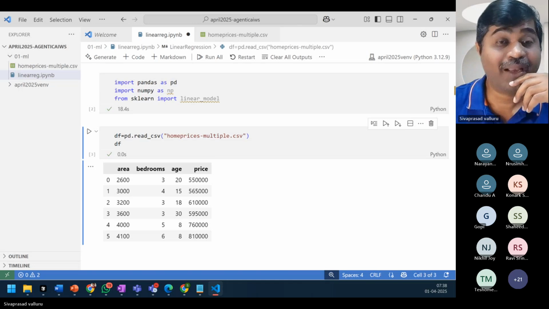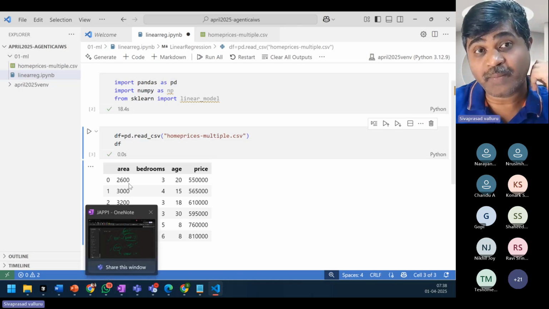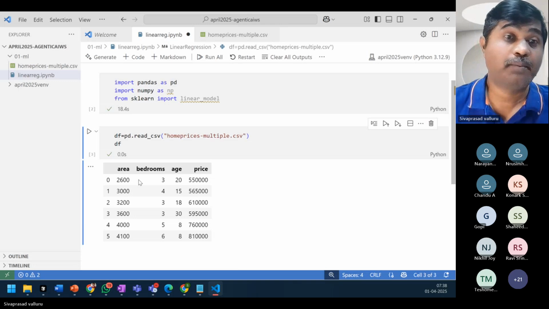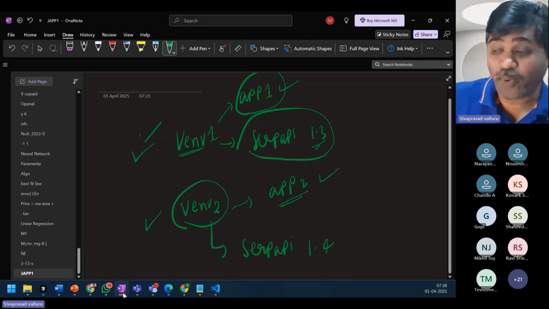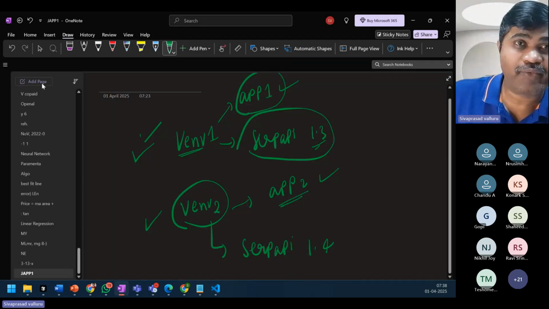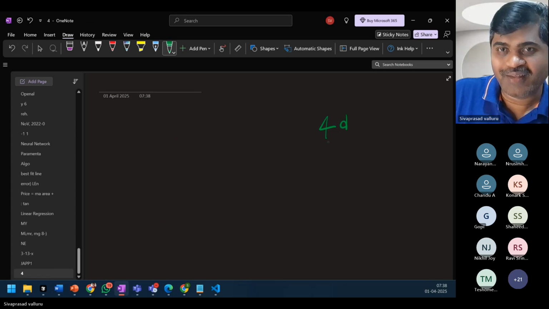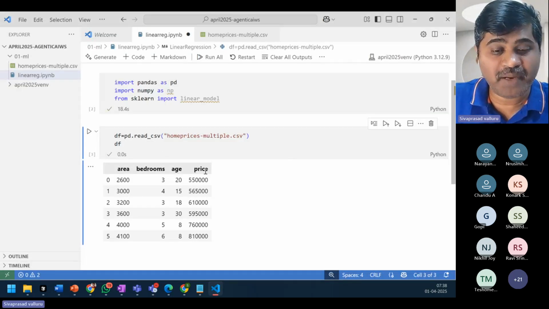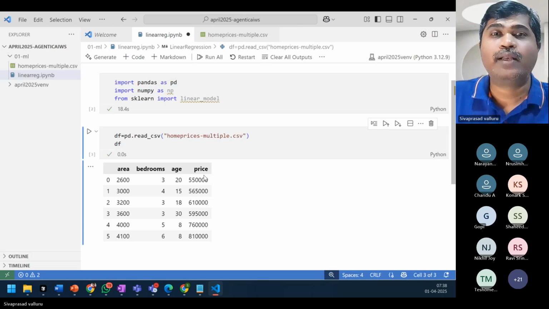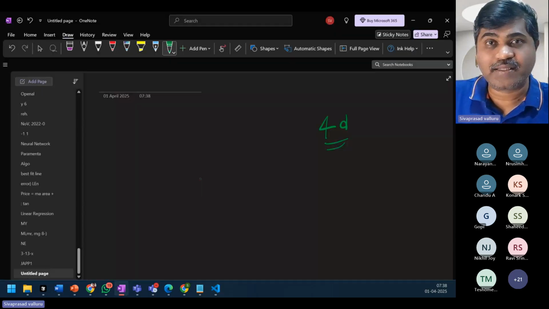Fine. Now I want to introduce you to terminology. How many features are there? Area, bedrooms, and age, and price. If I have to plot it on a graph, I need a 4D graph, is it? 4 dimensions: area, bedrooms, age, price. Now, what is the thing which I want to predict? Price.